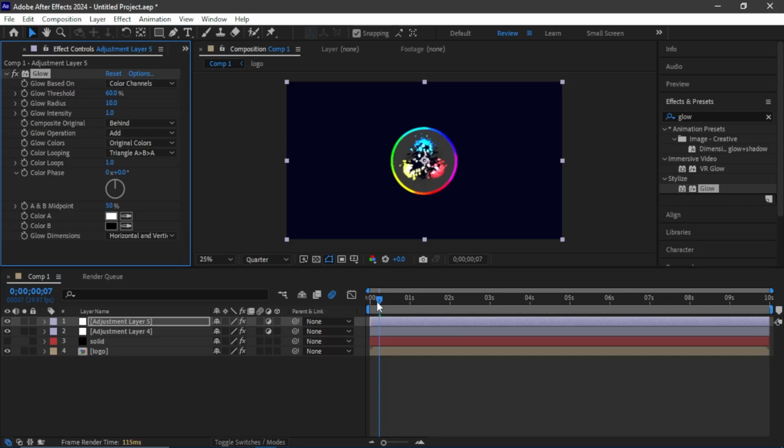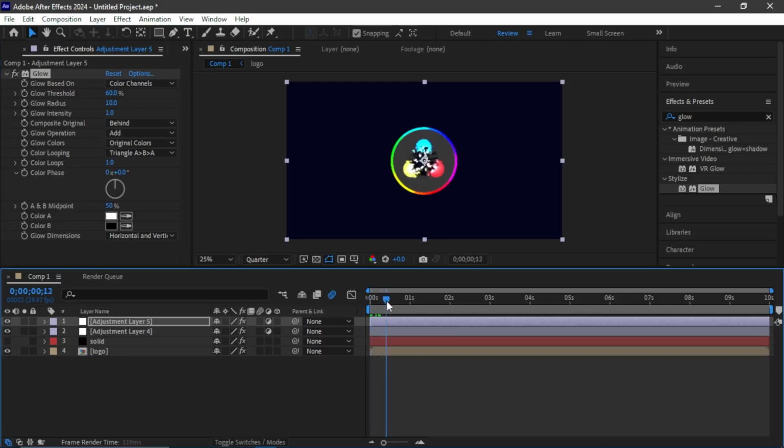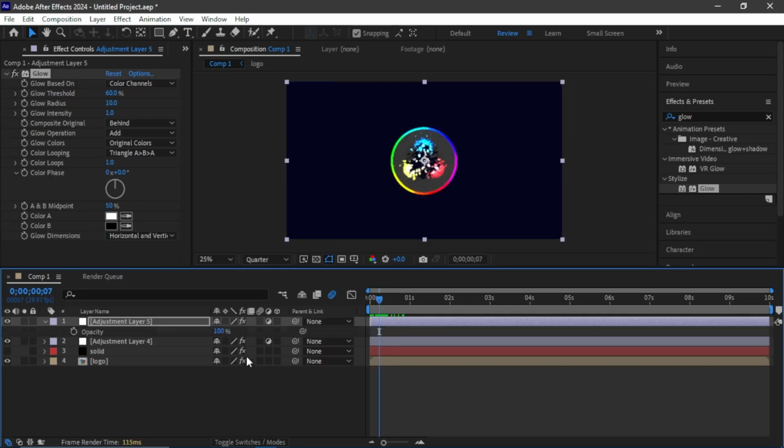Now we have a glowing logo, so we don't want the glow to be applied on everything, we want the glow to only apply when it starts scattering. So we are going to take it to somewhere like this, maybe here, and we press T for opacity. We set a keyframe here and we take this to 0, and we move it just a little in front, and we set the glow to 100. So we have something like this,